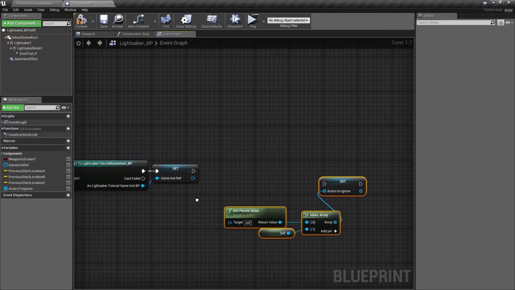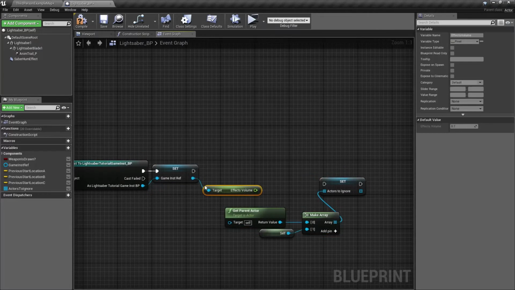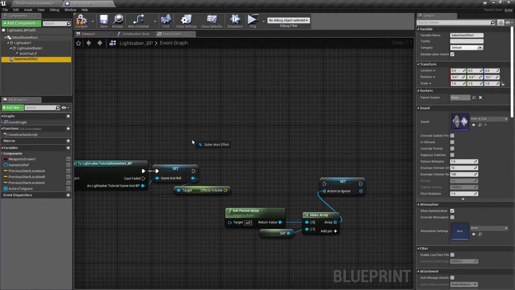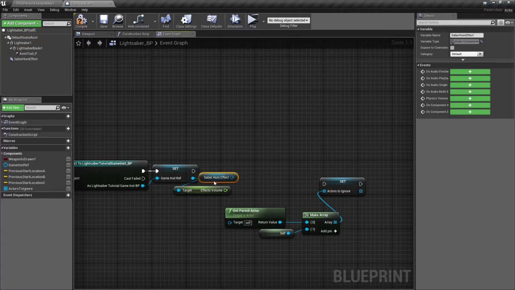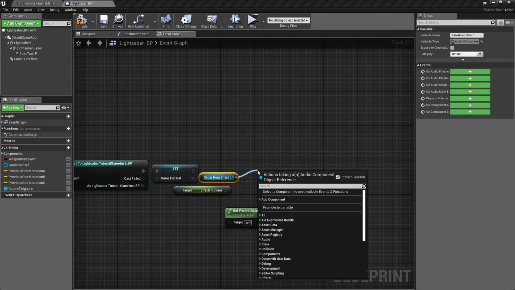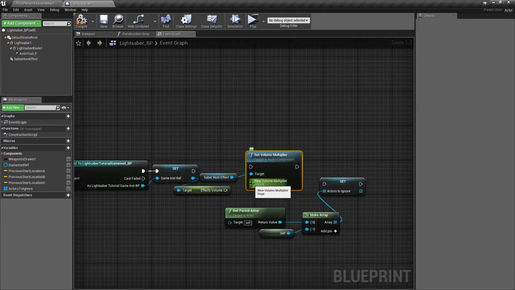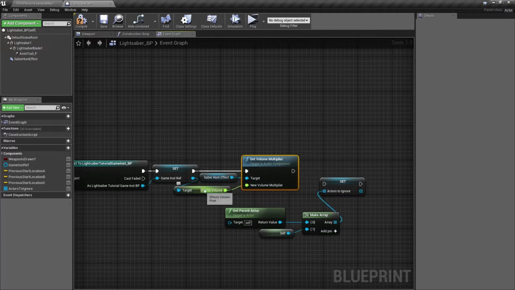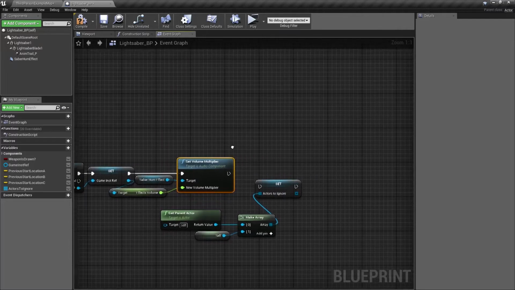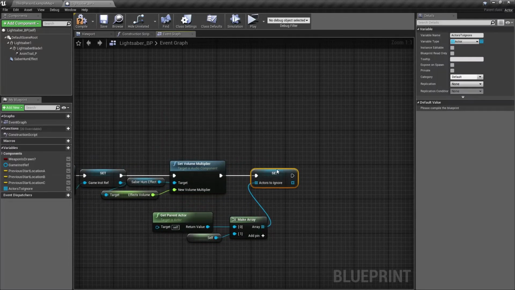And since we're over here, we're going to go ahead and pull off of here and get our effects volume, because we didn't do this in the last video. And we're going to get our saber hum effect. And we're going to go ahead and set volume multiplier. So this way, right when the game starts, whatever our volume is set at in our effects is going to be set immediately onto the humming effect. So then we can go off of that, plug this in,